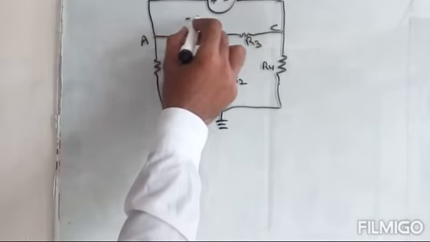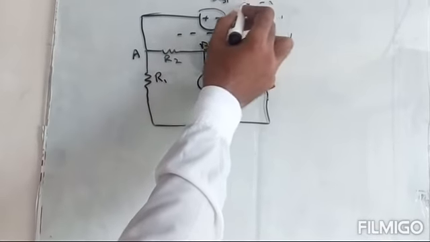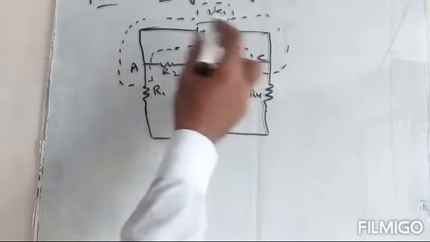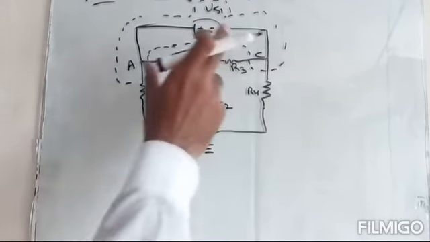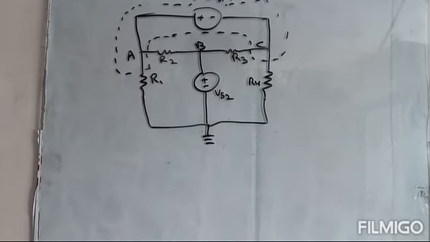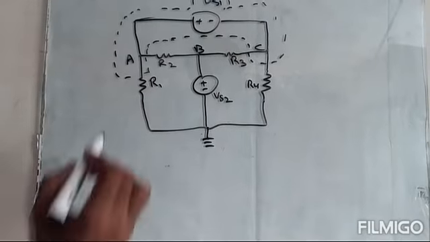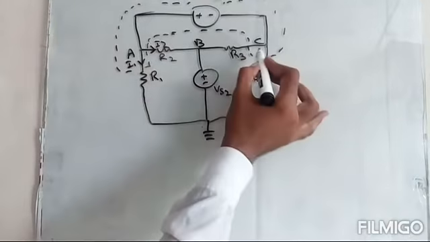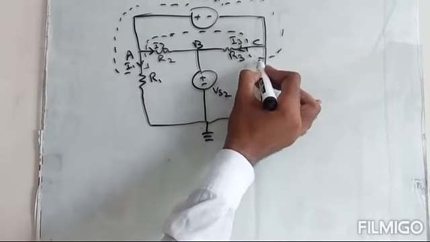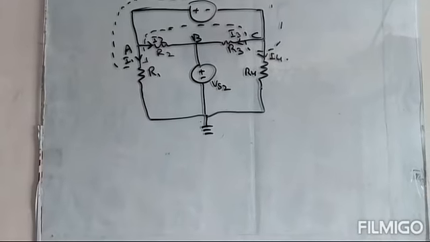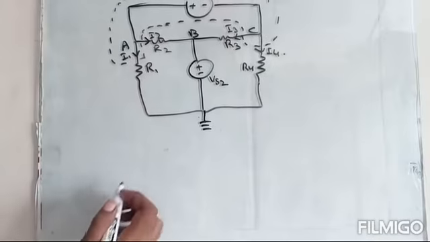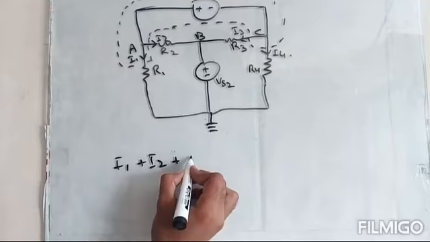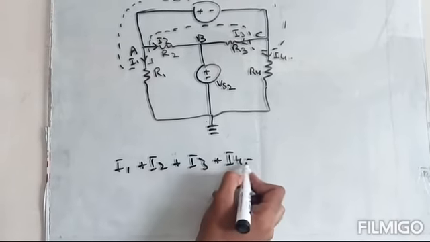Now, what is a super node? A super node is formed here. These two nodes that are connected with this voltage source will be combined, and node A and node C will be considered as a single node, and the KCL equation will be written like this. Consider this current I1, this is I2, both are leaving. Similarly, I3 is also leaving this node, I4 is also leaving this node. So we will write the KCL equation. Every current is leaving, so I will take leaving currents as positive. I1 plus I2 plus I3 plus I4 is equal to 0.